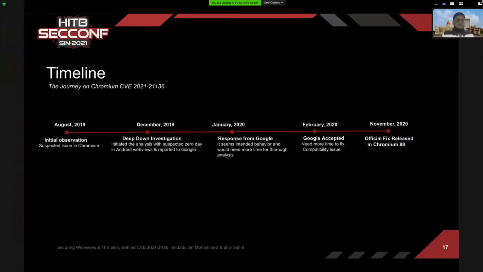So in January 2020, we got a response from Google that they were unsure. They said that this is actually a feature because of a compatibility issue with the older version of the WebView, and at that point they were unclear whether they would be able to fix it, because they didn't know whether it would break the application or not. So after that, there was a couple of back and forth conversations with Google, emphasizing the impact as well as making them explain different use cases where there could be a leakage of the user's token to the third